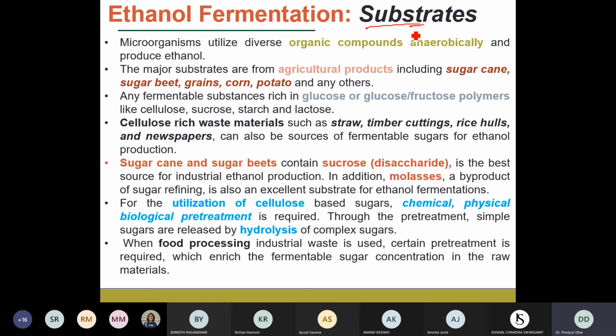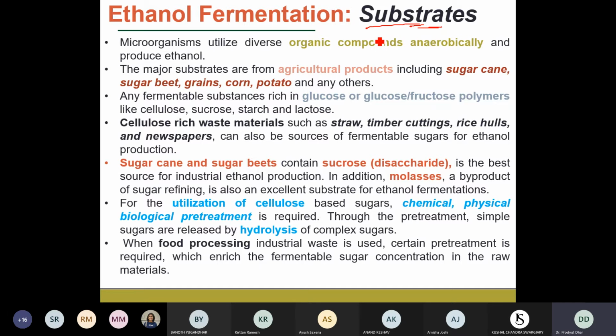So once you get the microorganism, you now have to select the substrate, that is, the growth media components that you are going to give. What is the carbon source, and the nitrogen source, that you are going to add? The ideal substrate has to be there so that the growth of the microorganisms takes place.